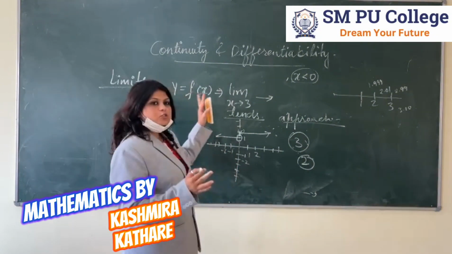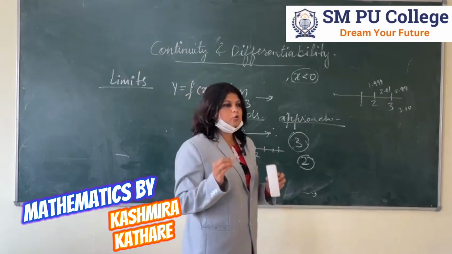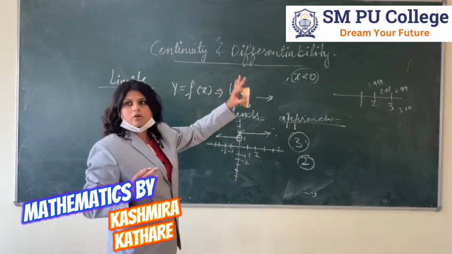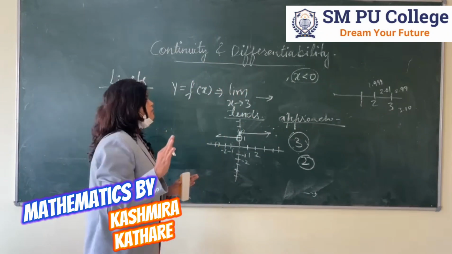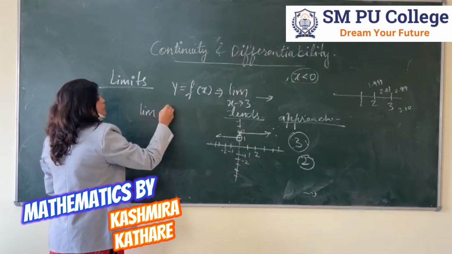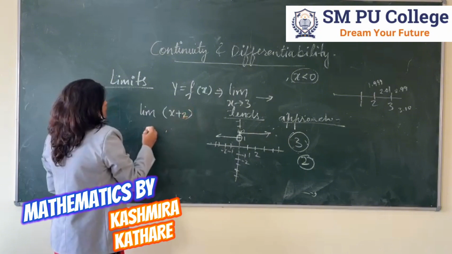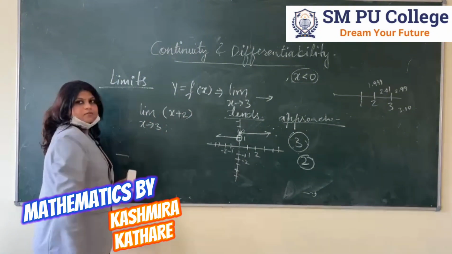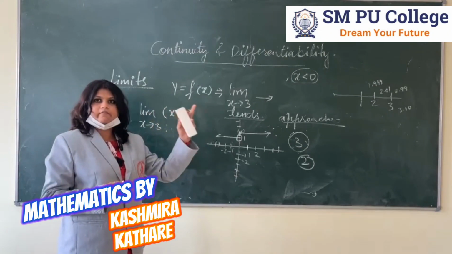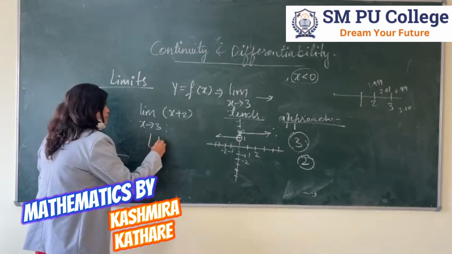Now, how to solve for limits? Exactly what to do with limits, and how we will come to know whether it is continuous or discontinuous. Suppose the sum is the limit of x plus 2 as x tends to 3. That time we have to take two limits. One is LHL and one is RHL. Left hand limit